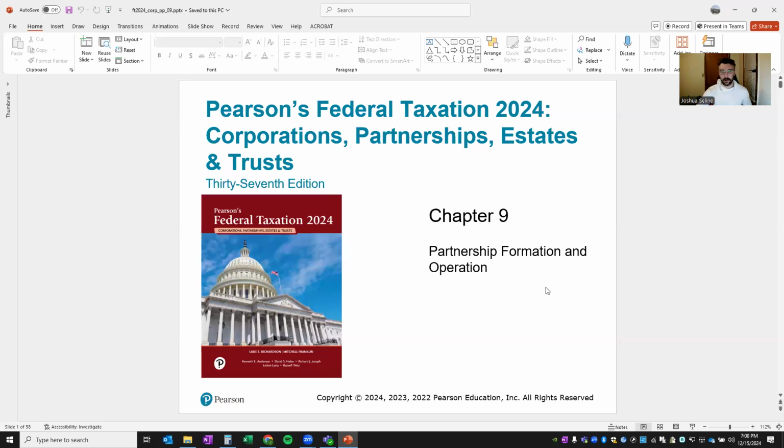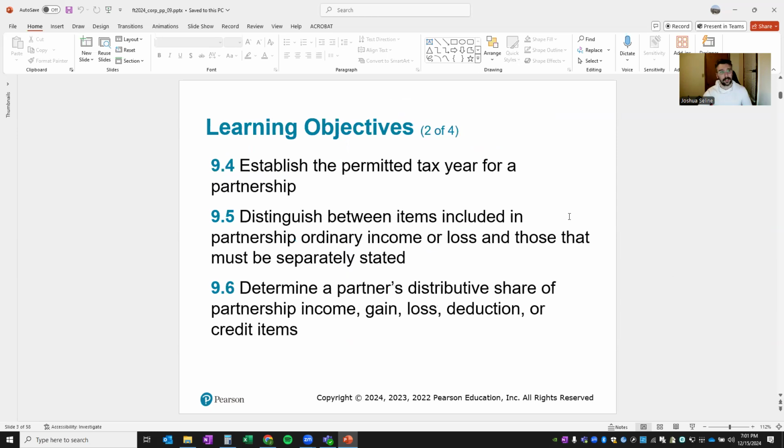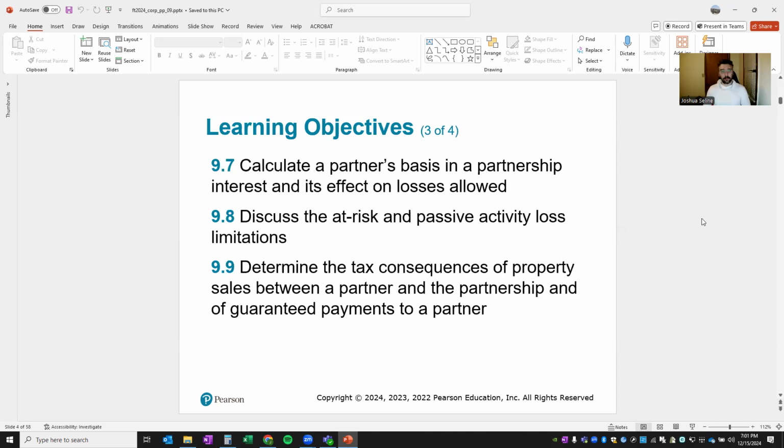So here we've got chapter 9, partnership formation and operation. Our learning objectives are, and there's a few of these: compare and contrast the various partnership forms, describe the basic concepts of partnership taxation, explain the tax results of contribution of property or services in exchange for partnership interest, establish the permitted tax year for a partnership, distinguish between items included in partnership ordinary income or loss and those that must be separately stated, determine a partner's distributive share of partnership income, gain, loss, deduction, and credit items,